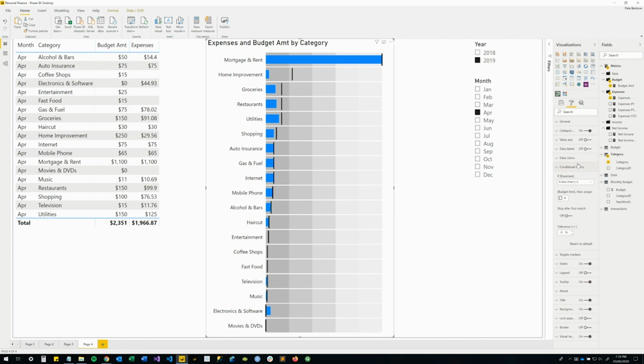Our goal is to make the bars turn red whenever our expenses exceed our budget for the month. The first drop-down allows us to choose our logical conditions, such as less than, equal to, or greater than. We'll choose is greater than, and then we'll go to our color picker and choose a nice red shade. Now, when we look at our bullet chart, any category where expenses exceeded the budget for that month are automatically